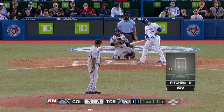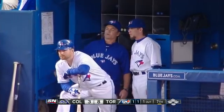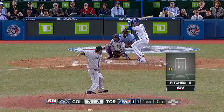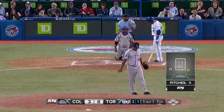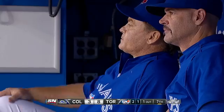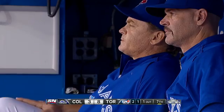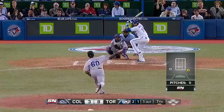Well, this is the time of a ball game that you really have to grind it out and make sure that it ends up the way it should. If you're the Blue Jays, you've got to win this game. You can't let this one slip away. You saw Kobe Rasmus, and John Gibbons was pointing to the lineup. They're probably going to make a defensive change here and get Rasmus into the game, put Rajai Davis over in left for Melky Cabrera. Gibbons has been pretty consistent in getting Cabrera out of the game for defense late with the lead. You know, there are also 2 arguments about, and we do live in the pitch count era, so it does change the dynamics, but